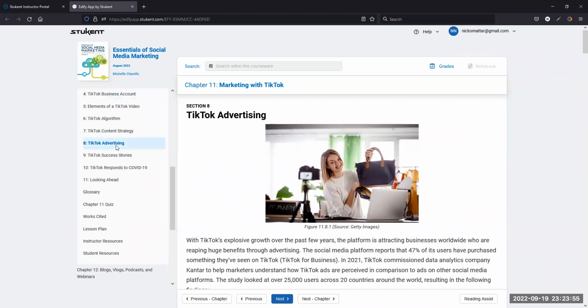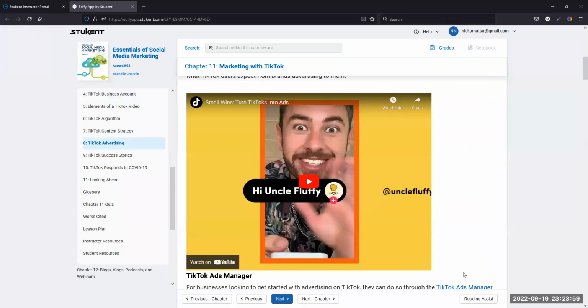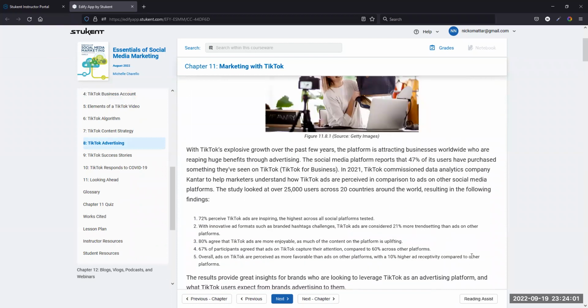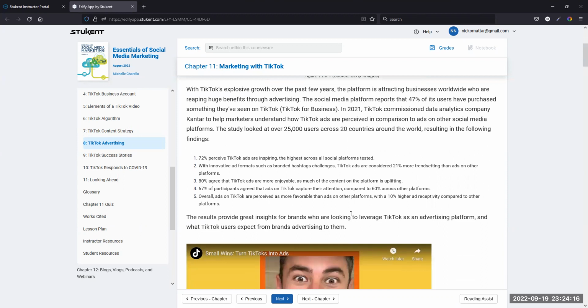And that brings us to TikTok advertising, our last section of the chapter. I am not a fan of TikTok advertising whatsoever. However, I will say that you can do a little boosting action that could be useful. So before we get into that,